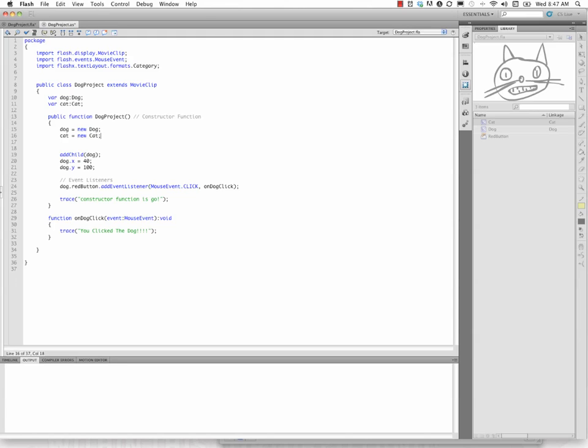Now what I'm going to do is go down here to that button click handler that we have here, onDogClick, which is referred to up here and then defined down here. And so instead of just saying trace, you clicked the dog, we're also going to do this. We're going to say removeChild. Actually, let's not do that yet. Let's just do addChild(cat), just like we did up here for addChild(dog). So we'll addChild cat, save the movie, test the movie,